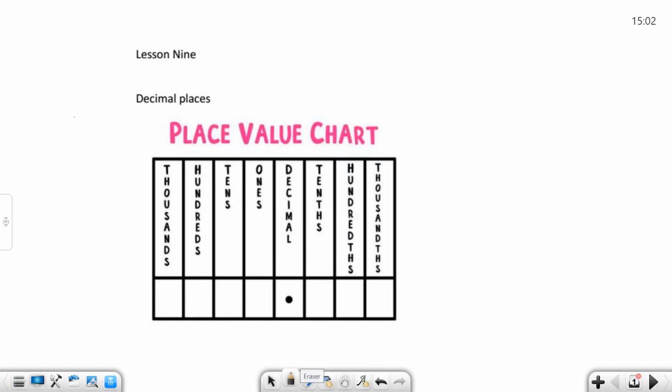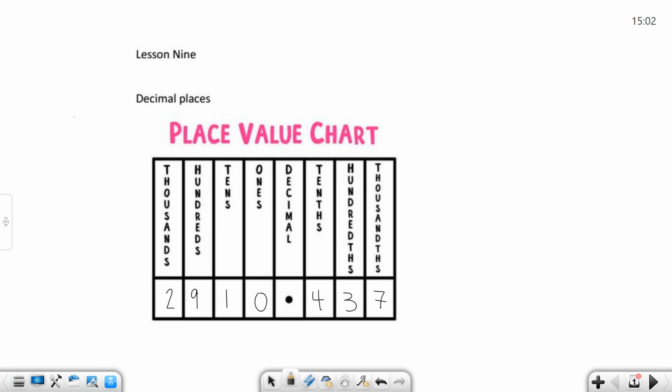This is our decimal section, our decimal chapter. I found this nifty little place value chart on the internet, and I thought it was pretty and cute, and your students can use it if ever needed. So let's say you made up some number. This would be 2,910 and